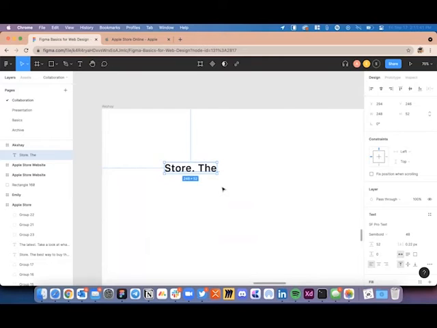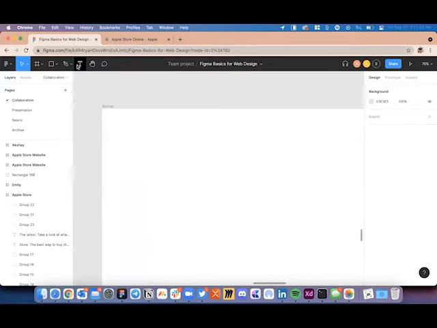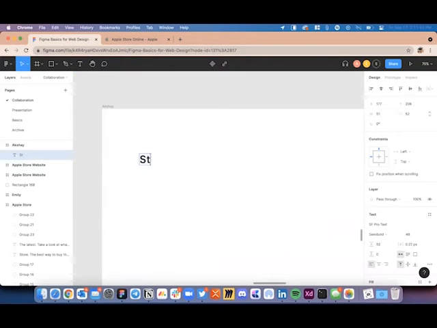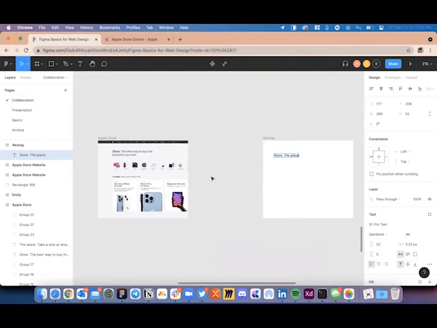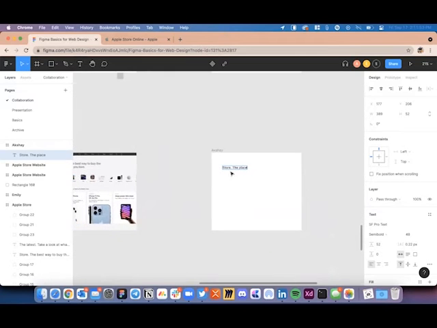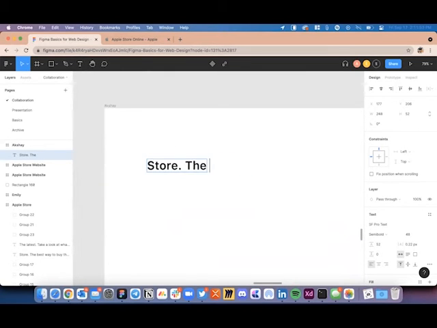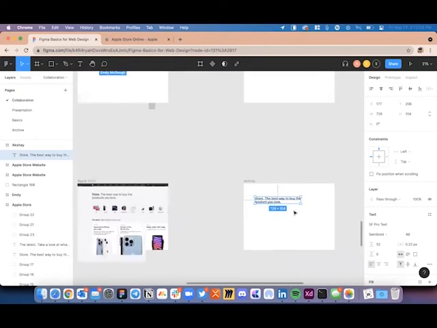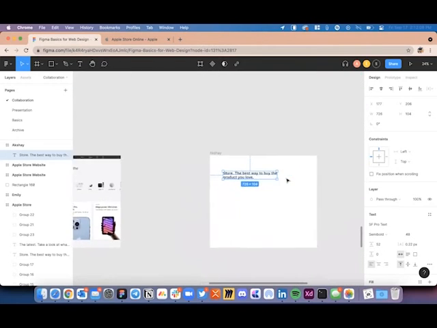So you can go ahead and click on the text tool and type the same verbiage: Store. The best way to buy the products you love. As I said, if you have the San Francisco font, perfect.